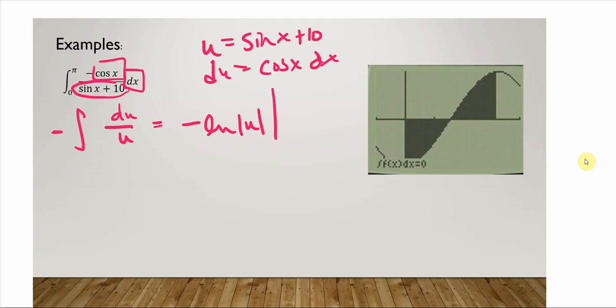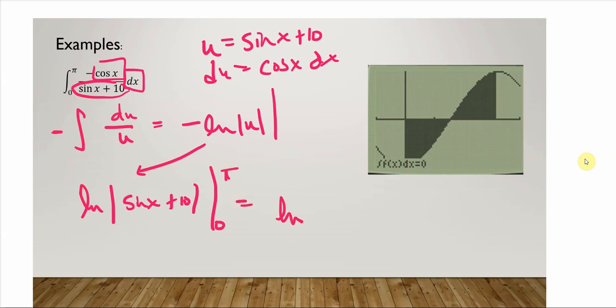So that now is going to be converted into the ln of the absolute value. And what was my u? I bring back my u into this problem. I'm going to get sine of x plus 10 from 0 to pi. So I'm going to plug in a pi, and I'm going to get the ln of sine of pi plus 10. And then I'm going to get minus the ln of the absolute value of sine of 0